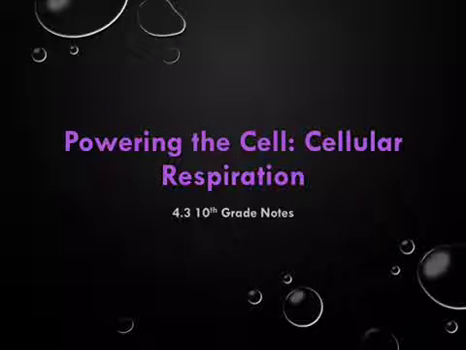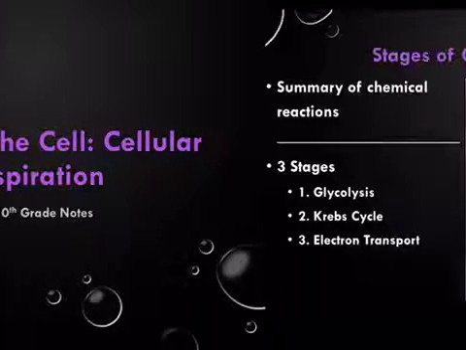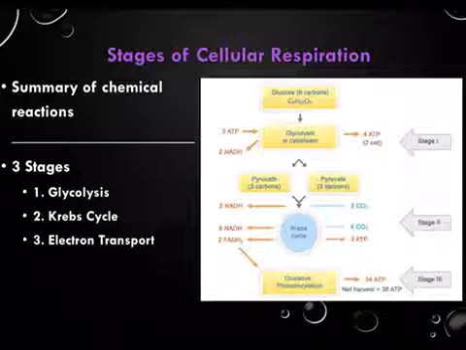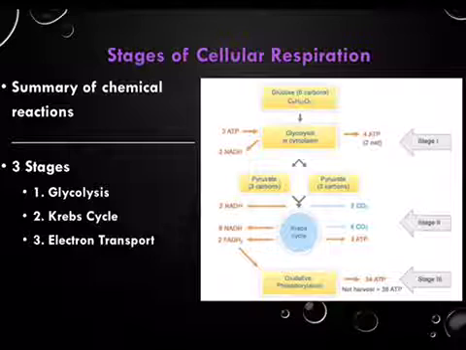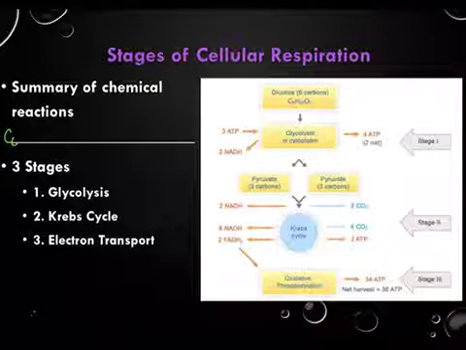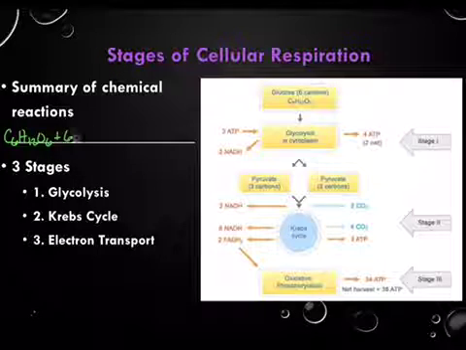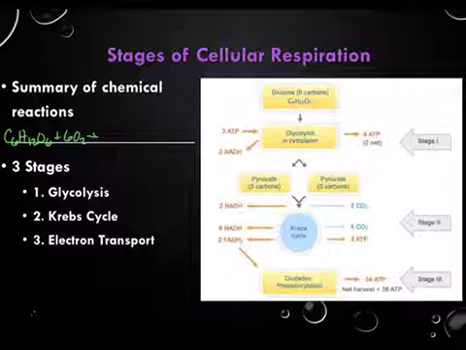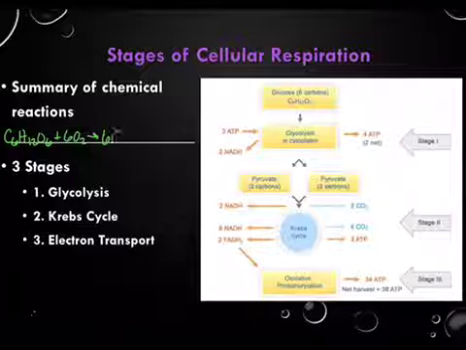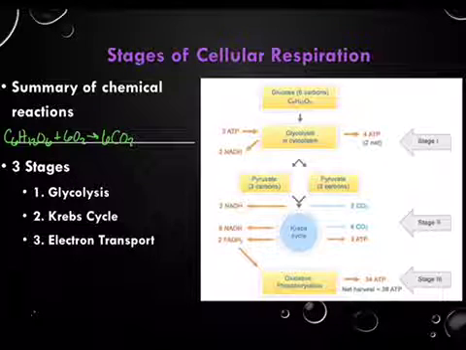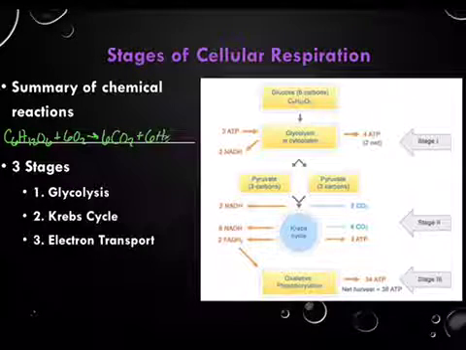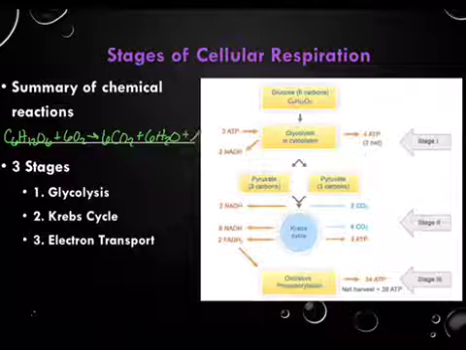Since we've talked about photosynthesis, its kind of partner chemical reaction is cellular respiration. And so we're going to take a look at the steps of cellular respiration. So cellular respiration can be summarized as taking one molecule of glucose with 6 molecules of oxygen, and when those combine, they will rearrange to form 6 molecules of carbon dioxide and 6 molecules of water and energy molecules in